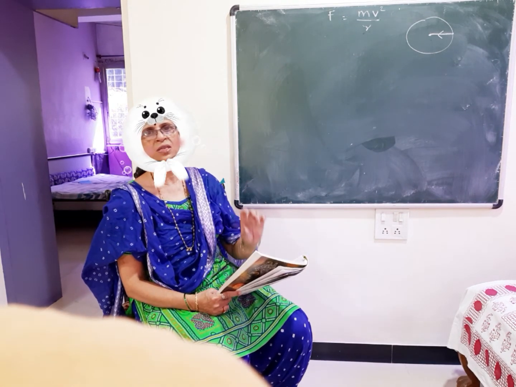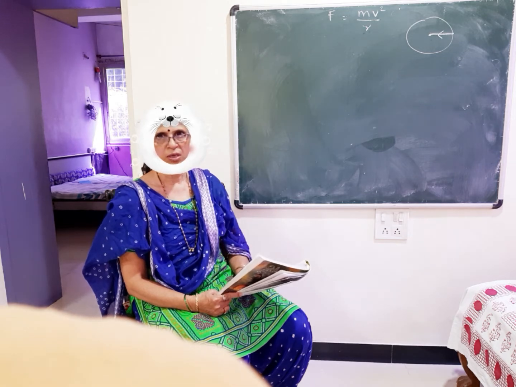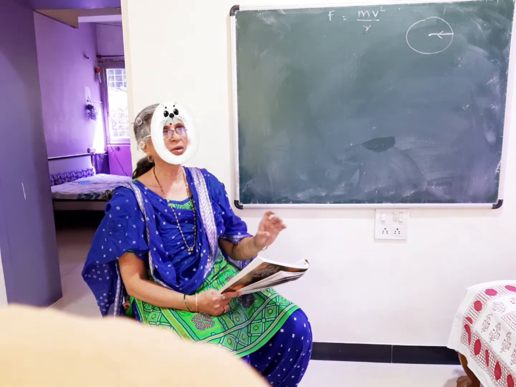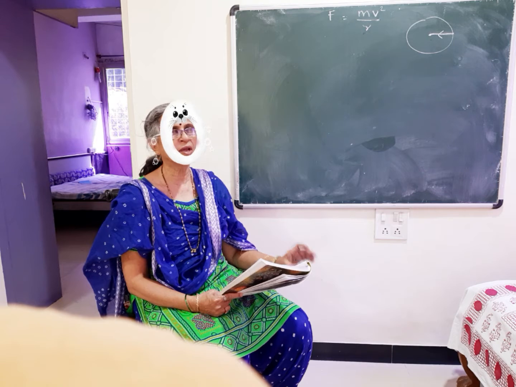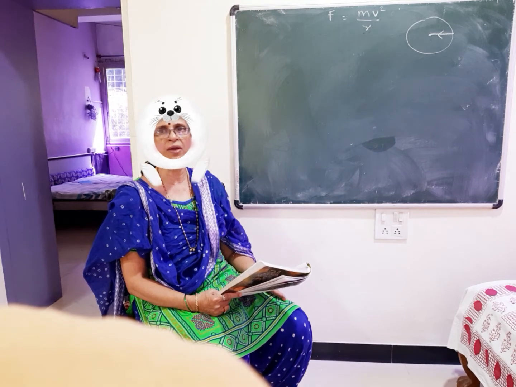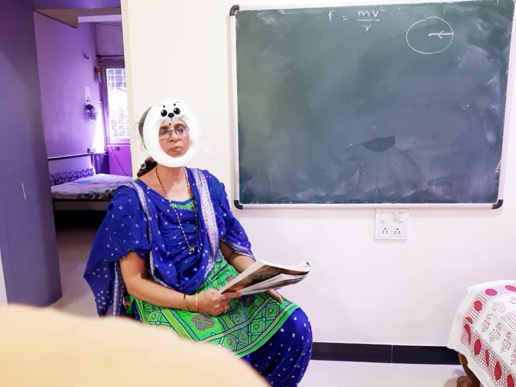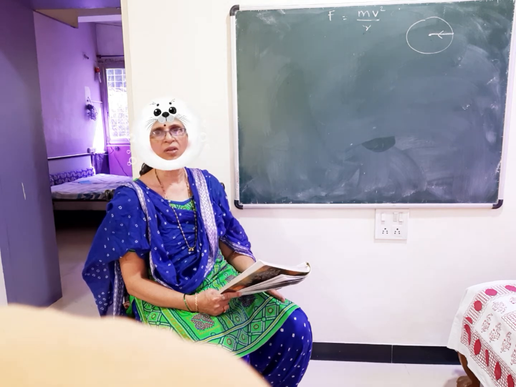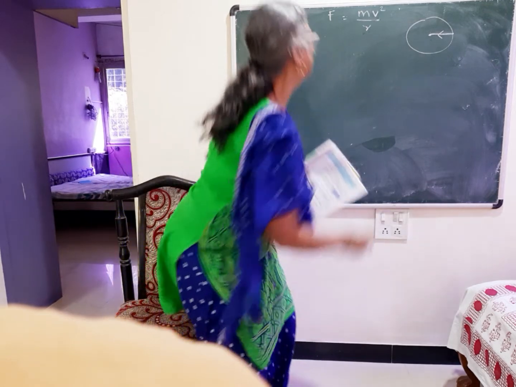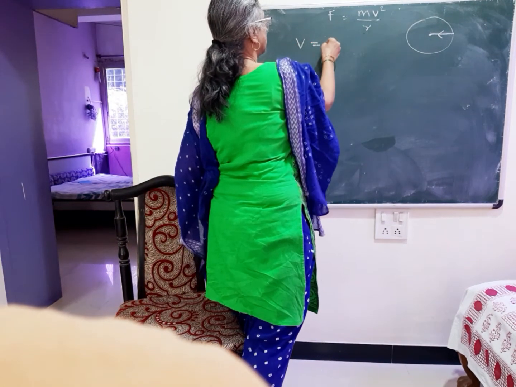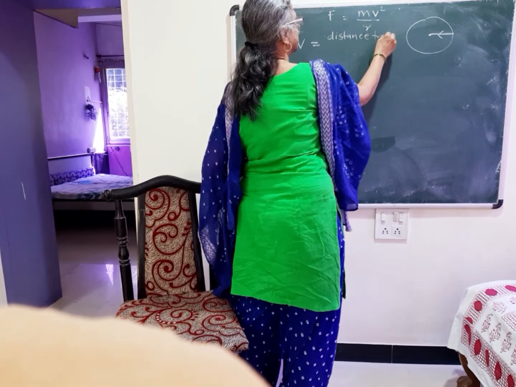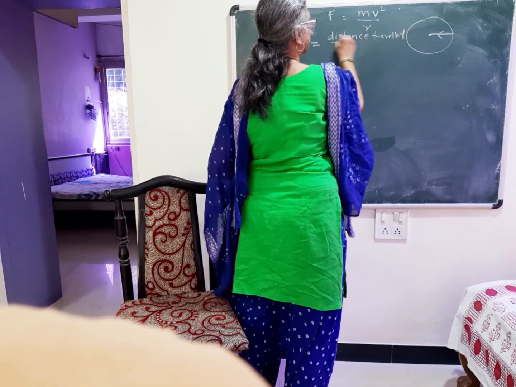If we apply the same formula for centripetal force whenever the planet is moving around the sun, then what will m represent? M will represent the mass of the planet. What will v represent? V will represent the speed of the planet. And what will r represent? R will represent the distance between the planet and the sun. Followed? So here we have v, that is the usual formula, velocity is equal to distance travelled upon time taken.